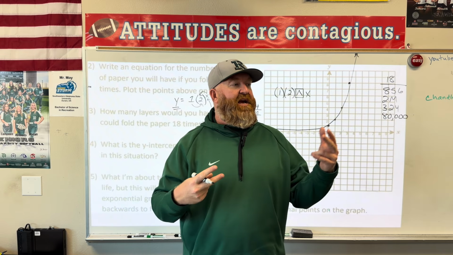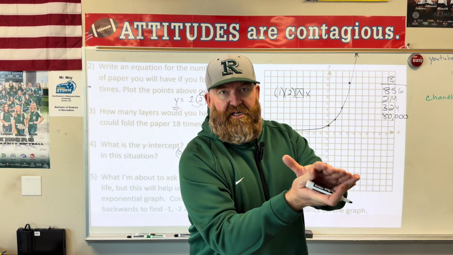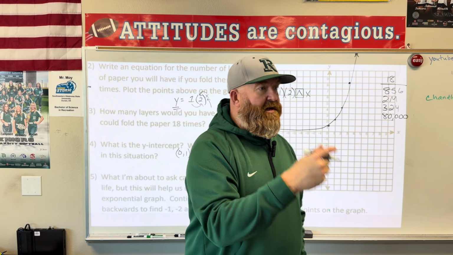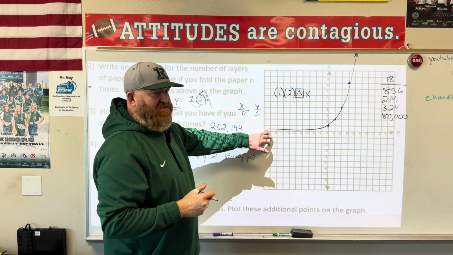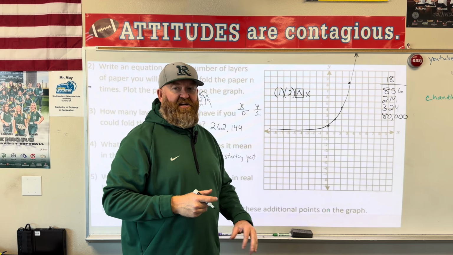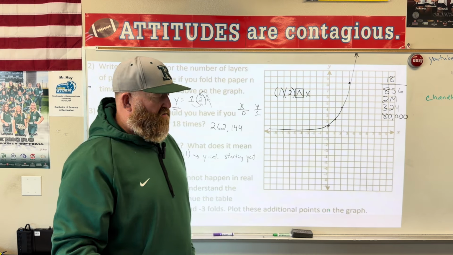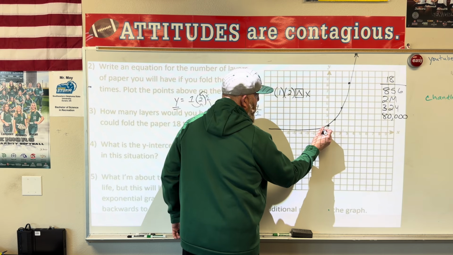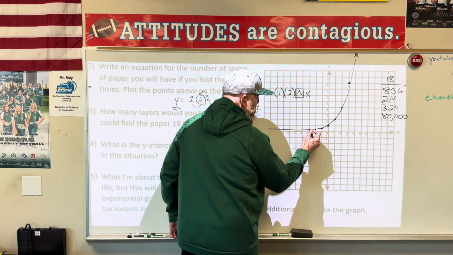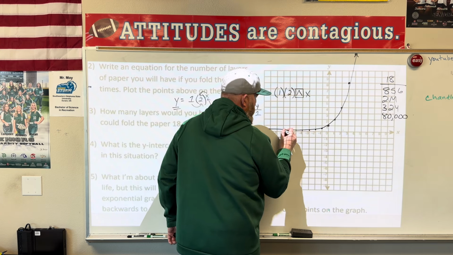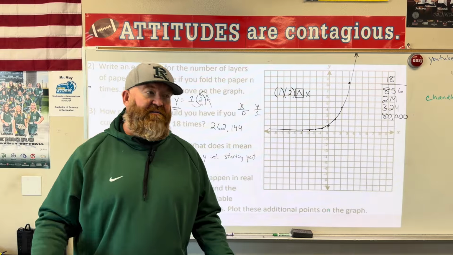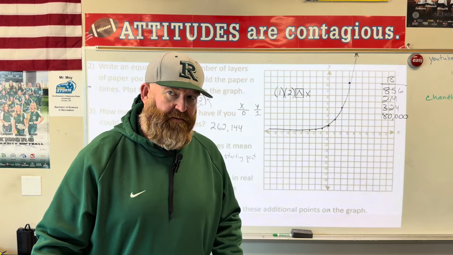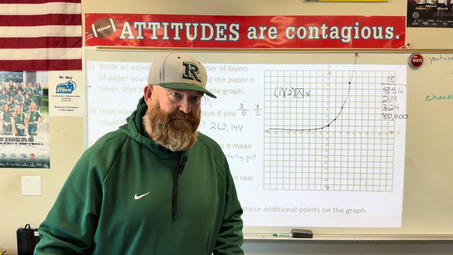If you have anything and I keep cutting it in half, even if you get to the point where you can't see it anymore, there's still going to be something there, okay? Now, on your graph, it looks like it gets down to 0. Would you agree? It looks like it gets there, but it never fully touches, okay? We're about to get to that word in a minute, okay? So we're going to plot these additional points. So -1 would be 0.5, and then 0.25, and then 0.125. You guys notice that? And it did this all the way down, didn't it? It looked like it was getting very, very close, but it never fully touches 0. I see a lot of nodding. Do you guys understand that? Okay?